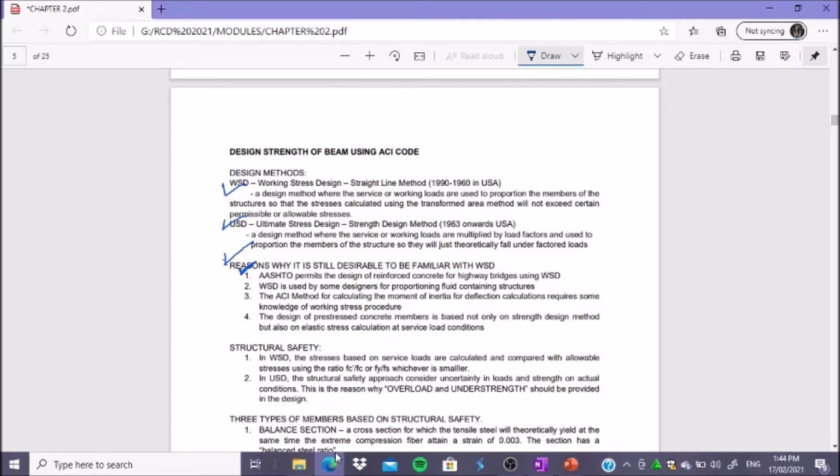WSD is used by some designers for proportioning fluid containing structure. The ACI method for calculating the moment of inertia for deflection calculation requires some knowledge of working stress design. Take up chapter number 5. And then yan yung deflection. And the design of prestressed concrete members based not only on strength design method but also on elastic stress calculation